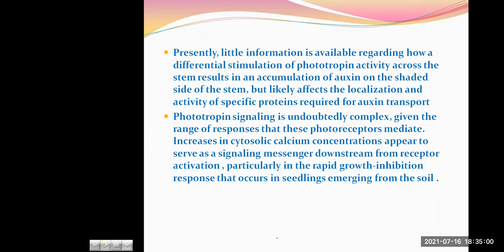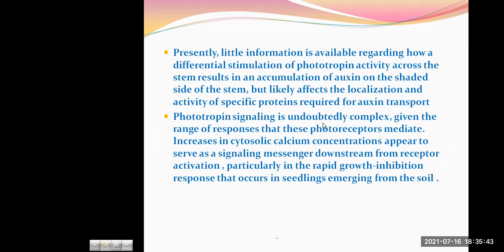Presently, little information is available regarding how a differential stimulation of phototropin activity across the stem results in accumulation of auxin on the shaded side. It is not clearly known, but it likely affects the localization and activity of specific proteins which are responsible for auxin transport. That is, some proteins would be involved in auxin transport, and so differential auxin transport would be responsible for differential growth, that is, more growth on the shaded side than on the illuminated side. Phototropin signaling, that is how phototropin receives the light stimulus and then helps the plant to respond to this light stimulus,